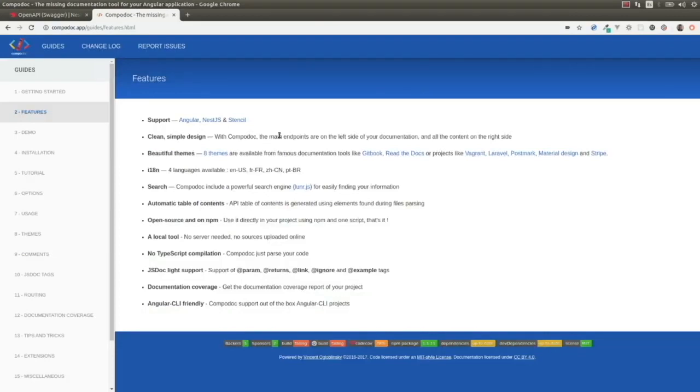So Compodoc is a documentation tool for Angular, and it also supports NestJS, and is going to generate static documentation. So basically, it's going to parse the source code of our application, and it's going to generate a bunch of HTML files that we will be able to access from the web browser. We're going to see that in a minute. And some other characteristics are it provides a clean and simple design, and it provides some themes that we can select. It supports 4 languages,